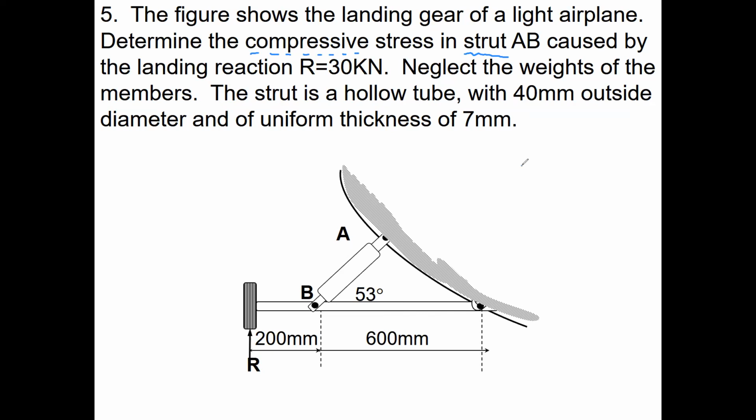So let's say you have an airplane. Let us just try to consider that this is a light plane. And this light plane usually has 2 front wheels and a rear wheel, for it to land safely. And this is our plane. Okay, so this plane, of course, has the wings in that direction. Okay, so if we have a landing reaction of 30 in one of the wheels, let's say this one, 30,